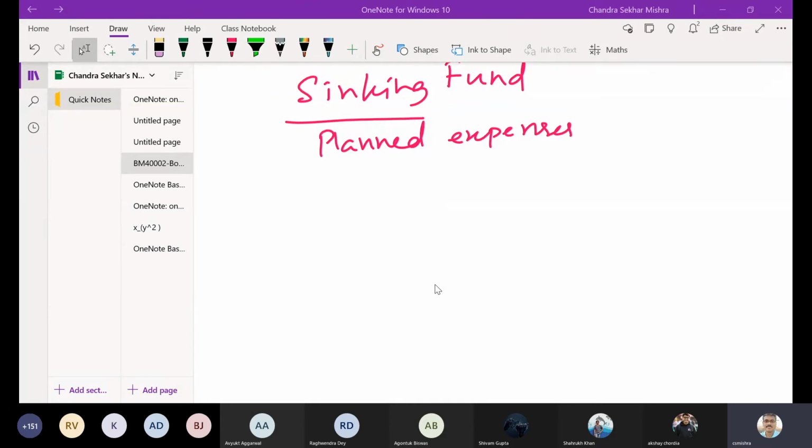So what one can do is set aside some amount every year from the cash flow and create a sinking fund. Okay, and don't create the sinking fund just by keeping the money in cash. You invest it. That means with the cash flow that you are setting aside every year, you buy some investments, like recurring investments, that will mature to some amount which you can comfortably use to buy the replacement asset. That is another application of the sinking fund concept.